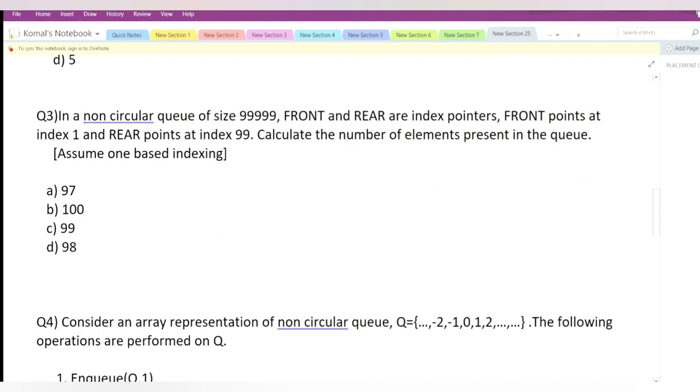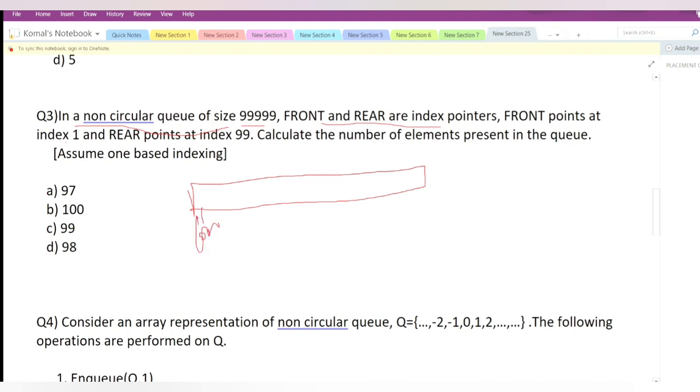We will see now, in a non-circular queue of this size, front and rear are index pointers of the queue. Like I have explained above, front points at index 1 and rear points at index 99. Suppose this is the size of the queue.